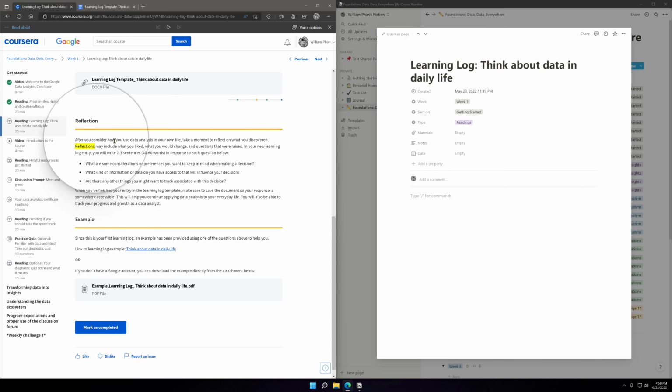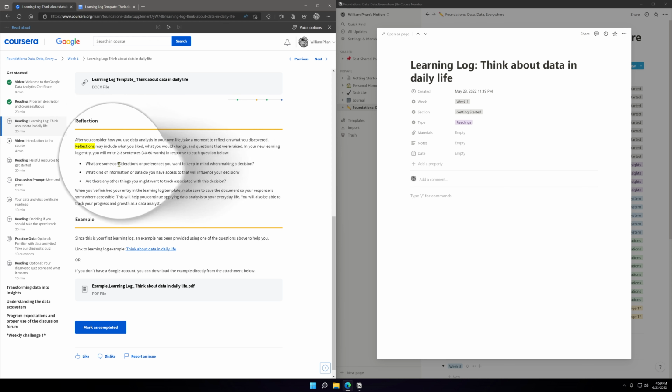All right. After you consider how you use data analysis in your own life, take a moment to reflect on what you discovered. Reflections may include what you liked, what you would change, and questions that were raised. In the new learning log entry, you will write 2 to 3 sentences.